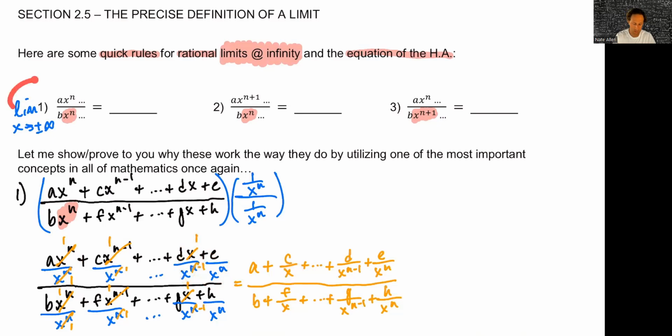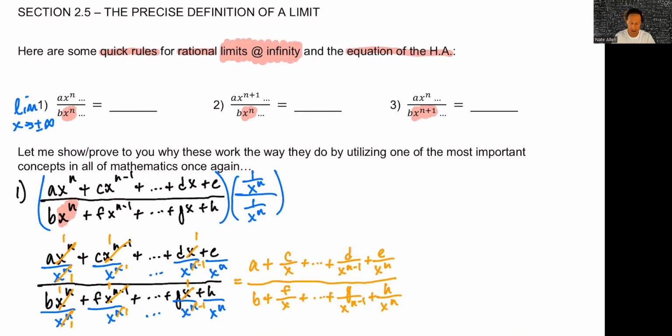Now I can try to accomplish my goal and see what happens as x approaches either the far right or the far left. And again, we just reviewed what happens when x approaches an infinity. Well, then this would become infinity, infinity, infinity for all of them. Whether it was x to the n minus 1 or x to the n or just x, it's still really, really big. It's infinity. If you have an infinity squared, still infinity. Really big. It's not something that we can touch, so I know it's a little confusing, but what did we say would happen